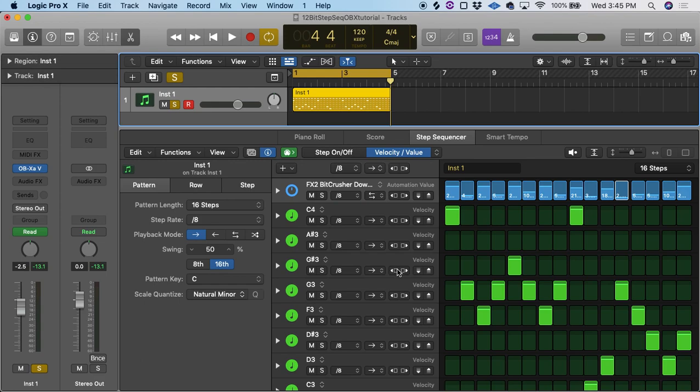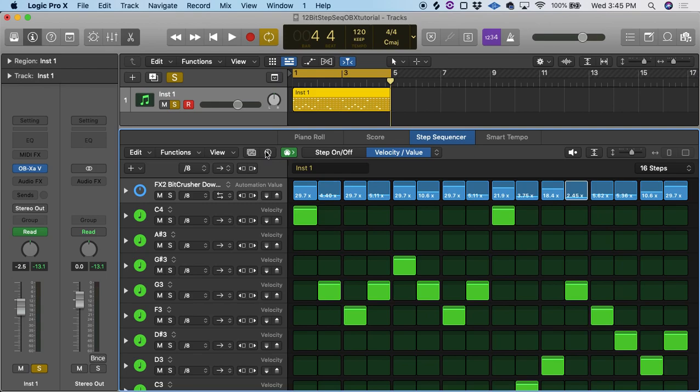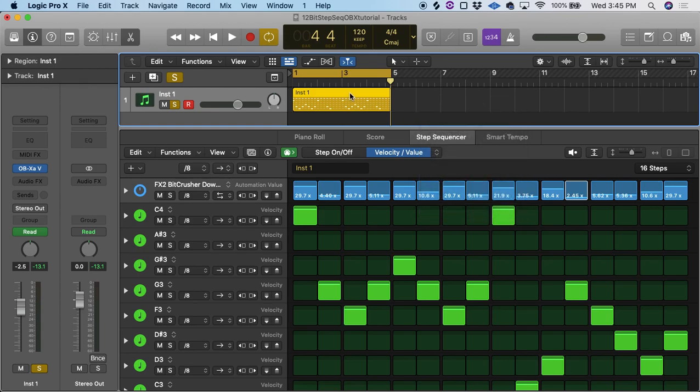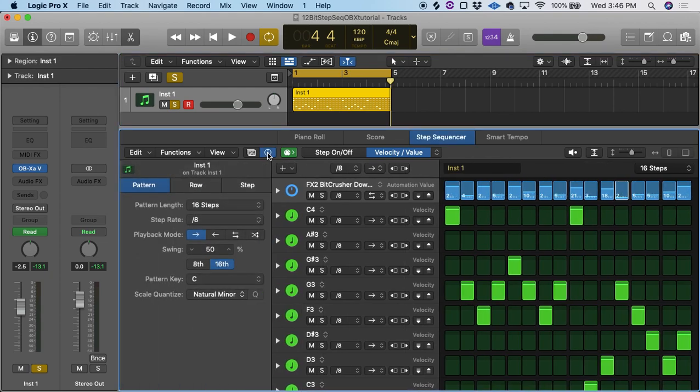And the Step Sequencer, at default, without the information, the I button, this is what you see. In order to create a new sequence, you have the option of create MIDI pattern or create pattern region. You want to create pattern region, so I created an empty pattern region, and then to have some control in here, went to I,